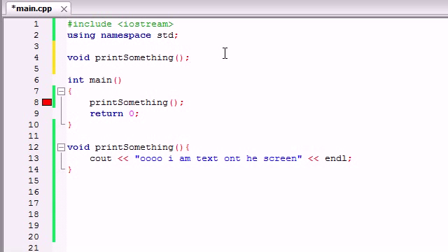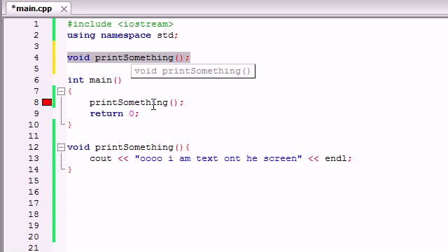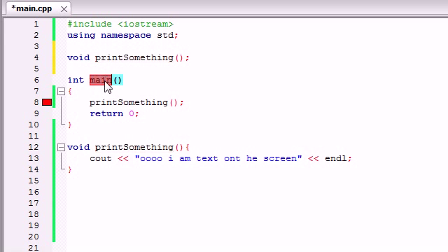And it basically is saying this. Alright, whenever you run this program now, go ahead and include this, and then this is called prototyping a function. This is pretty much telling our C++ program this. Alright, later on, you're going to come across something called print something. Now, whenever you come across it, we don't want you to freak out like you have before, sending us a whole bunch of error messages. What we're telling you right now is we created a function called print something, but you have to go find it, and C++ is going to say, oh, alright, now whenever I try to run my main and I come